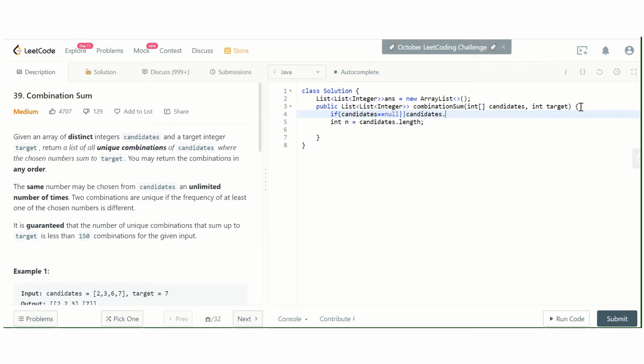In that case we simply return our answer array. And here we take the length of candidates, and let's make a list of integers that takes care of the current candidate elements.